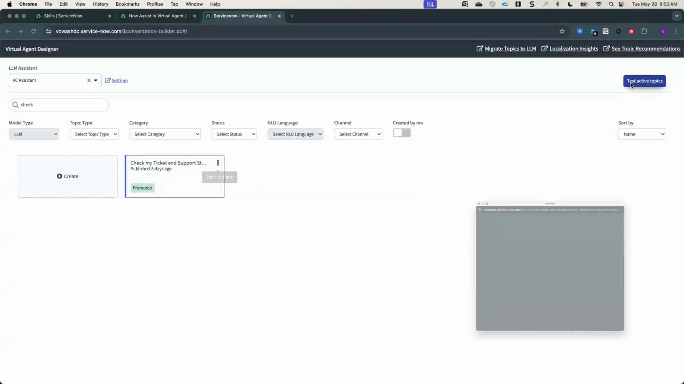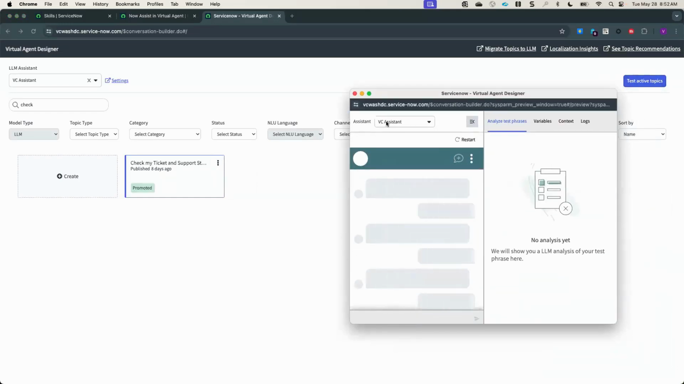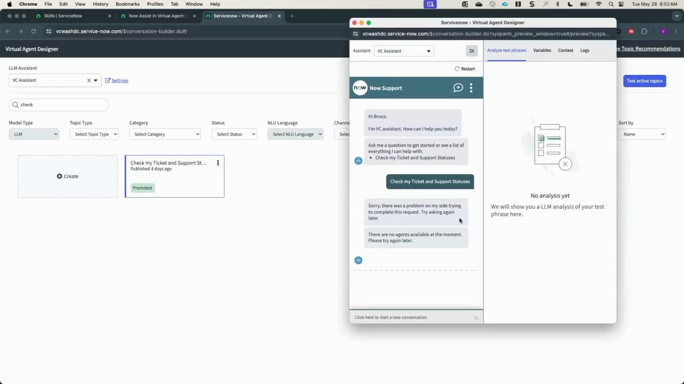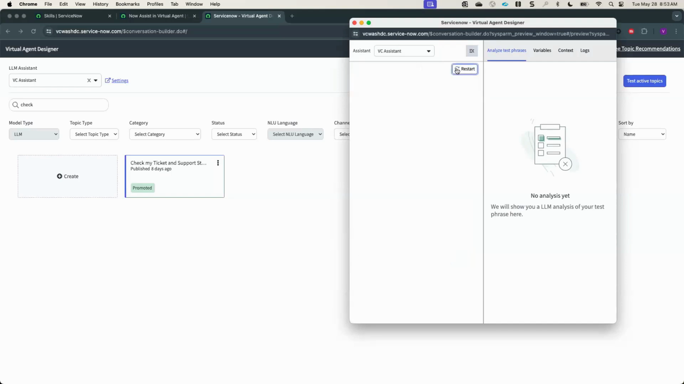So if I were to test active topics here, and I select VC Assistant, check my ticket status should appear as a promoted topic. If I click this, it'll go ahead and check what ticket statuses are open to me. And there's an issue. Oh, well, okay, I think I know what's going on here. The point is probably because I have no issues in this test instance, but essentially if you just saw earlier there,